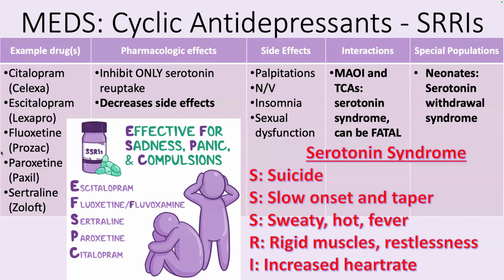So SSRI, selective serotonin reuptake inhibitors. You have a list of them on your drug card. You need to be able to recognize a drug and know which category it goes into. I will give you both the generic and trade names because lucky for you, NCLEX changed. When I took it, you only got the generic names. SSRIs inhibit the reuptake of serotonin. They are selective to serotonin, which means they don't have as many side effects as drugs that inhibit the reuptake of multiple different neurotransmitters.